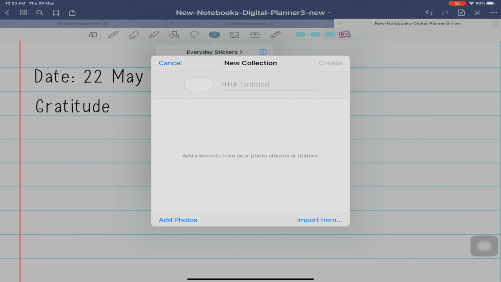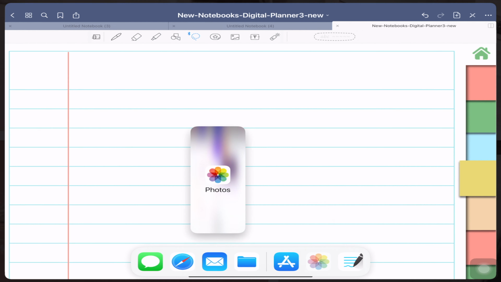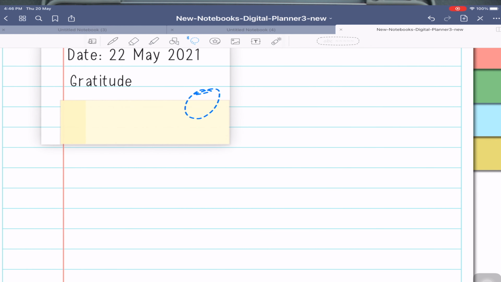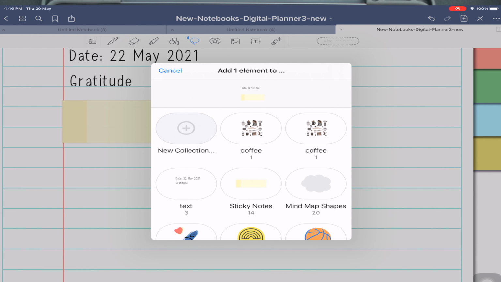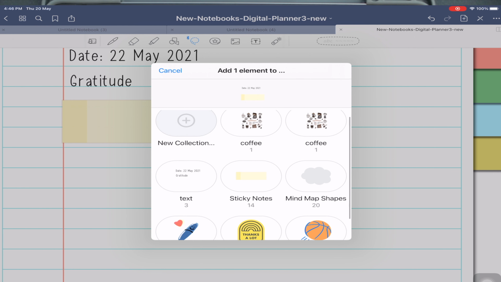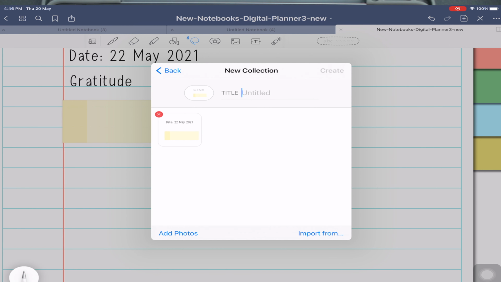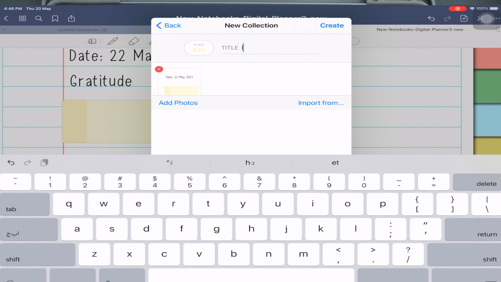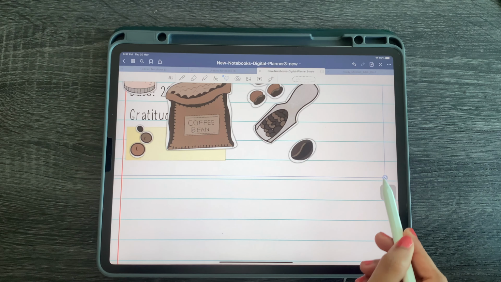With this new function, you no longer have to copy and paste between different documents or redraw the same things again when you are in a hurry. From the toolbar, you can insert any saved element back into your planner, and to add a new element, you can select something with the lasso tool or import images such as digital stickers or sticky notes. The elements are also saved in collections which group different types of elements that are easily accessible from the toolbar. So you can have collections for morning routine stickers or even different subjects.